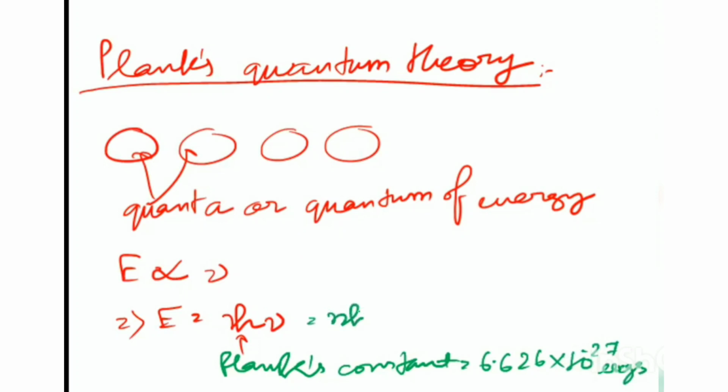We can also write it as n h nu, where n is 1, 2, 3, an integer. Okay, so Planck's quantum theory is